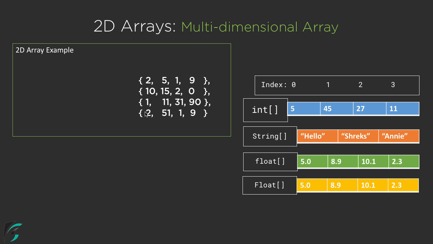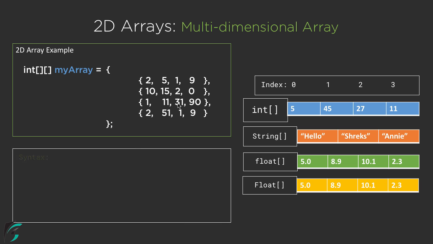Now if I tell you that we can convert these four individual arrays into one single 2D array with the help of this syntax, curly braces opened and here it is closed, and in between these two we have four individual 1D array defined. And here on the left hand side, if we define integer followed by two pair of square brackets, space, the variable name equal to this 2D array. So this my array will simply point to the 0th element here. And this is actually the example of the 2D array in Java.